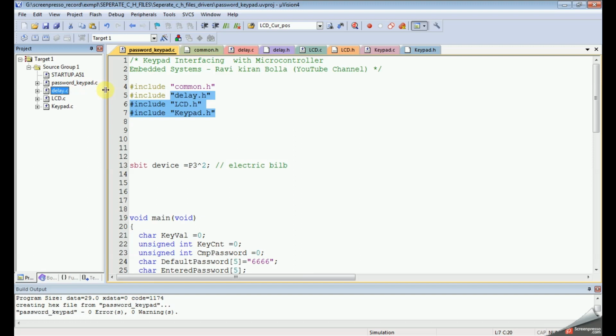And it's easy to include the .c and .h files once you develop a driver for LCD. You can include it in any project. If you develop a driver for LCD, that means we can include this keypad or LCD program anywhere in your project. These are common for every project, so we can reuse them directly by including the .c and .h files in that project. I hope this one is useful for you.